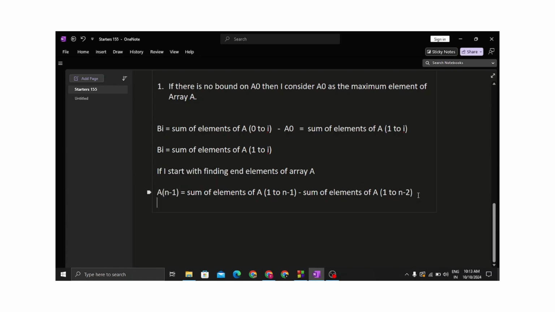Now you can simply write A of n minus 1 is simply b of n minus 1 subtracted by b of n minus 2. So as you know, this particular thing is this, right? And this particular thing is this b of n minus 2, right? As we are following this equation. So now similarly, if you want to find